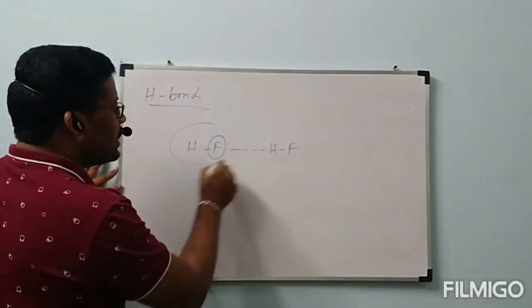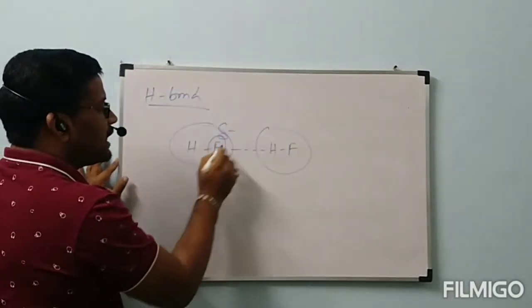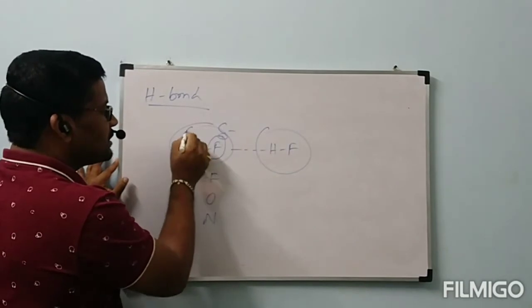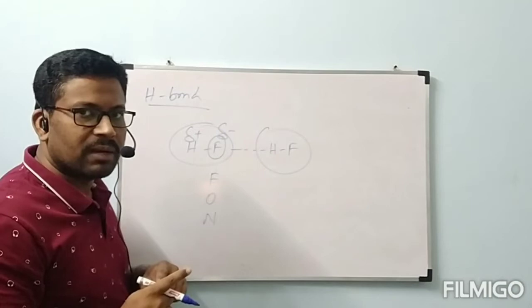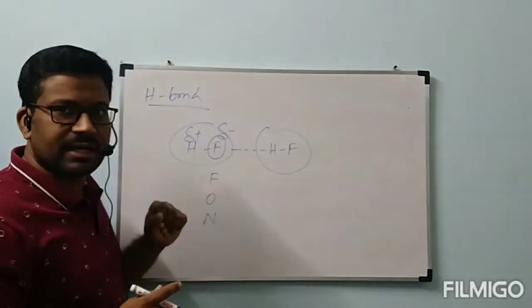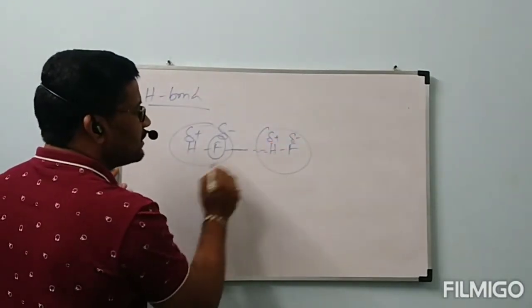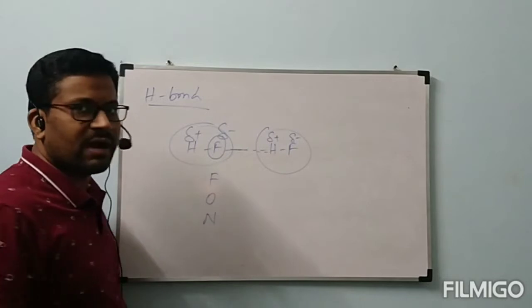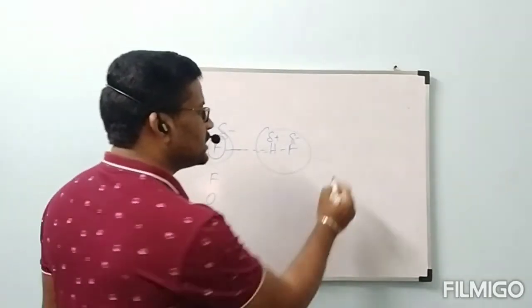Then, when two molecules come together, F is getting delta minus, and H is getting delta plus, because of polarity of the bond, because of electronegativity difference. Here delta plus and delta minus, these two are attracted. Between the molecules, if hydrogen bond is present, that is called intermolecular hydrogen bond. Next,